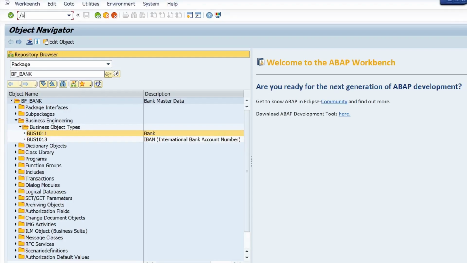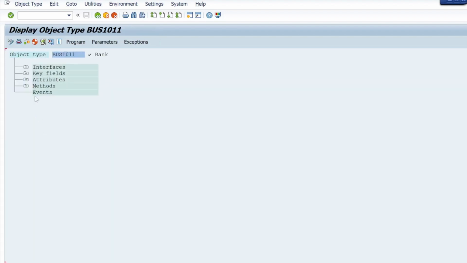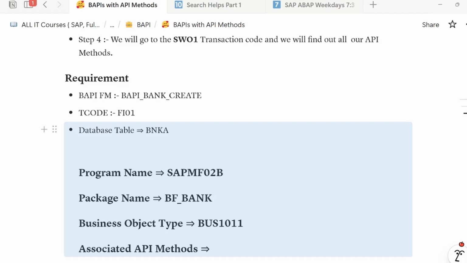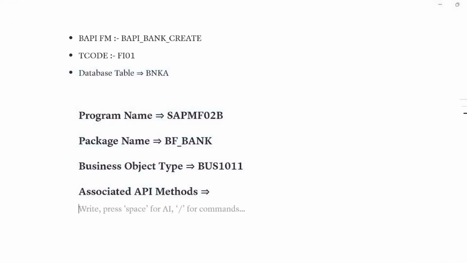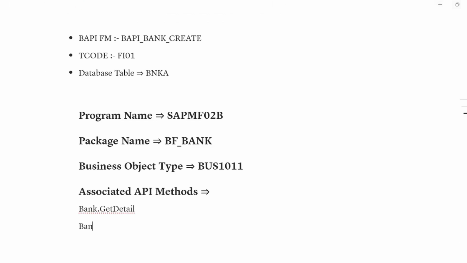So let's go to SW01. Paste your object type here and click on display. And there you see your methods. And now I can see here all the methods: bank dot get detail, bank dot get list,